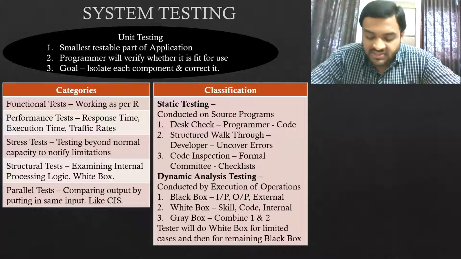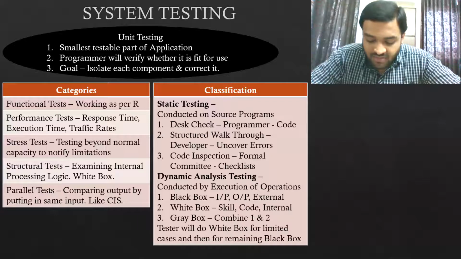See, if you look at a code of a program, there are layers and layers and layers. So seeing those layers, you can understand why they are saying it is a structural test. If those layers are not done correctly, the program will not work. So instead of saying layer testing, they have said structural test. So we will not open the code in black box. We will just verify the processing from outside.